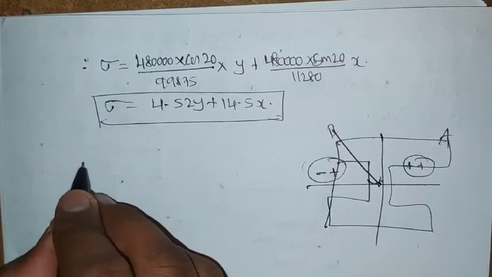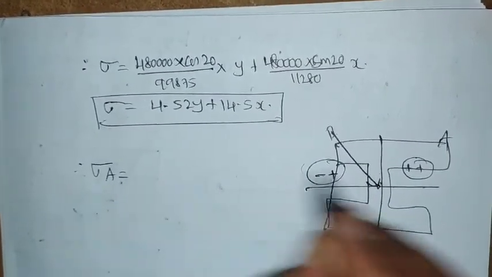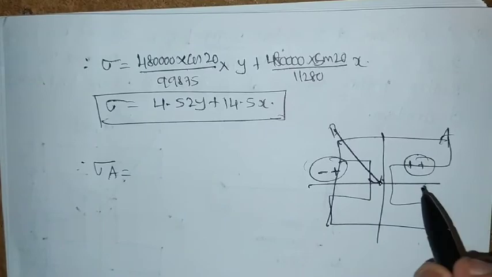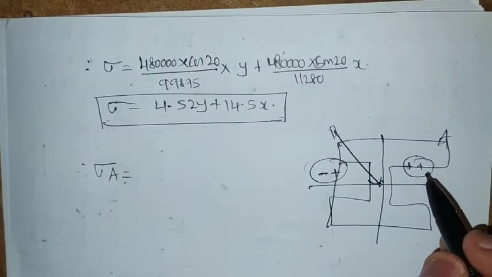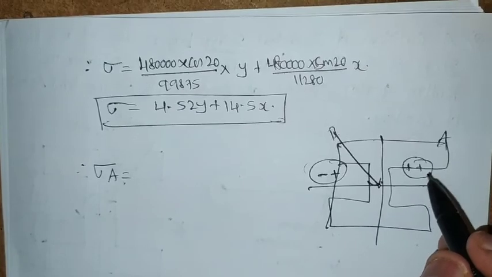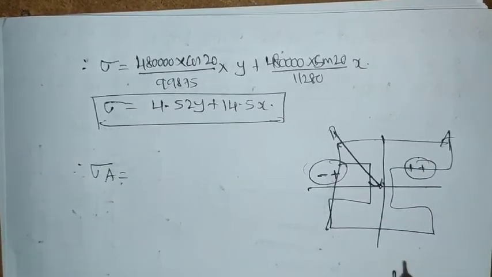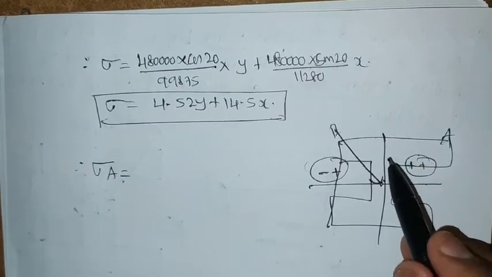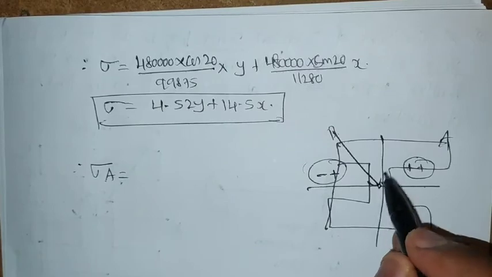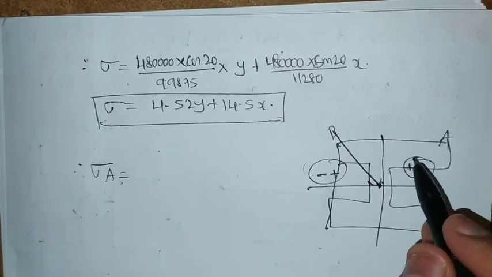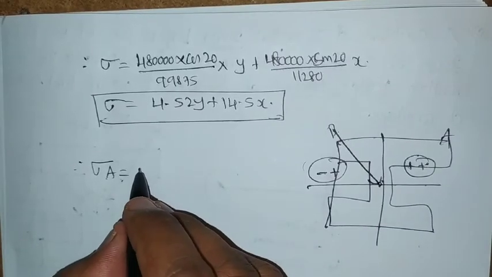Then therefore sigma, first we will find out the sigma A at the A portion. Why we are finding only here: previously we found it at the 4 corners because there he had asked for the stresses at the 4 corners, but in this problem he has asked to find the stresses at the corner where the loading is acting. So here, with respect to this loading, we are going to get 2 conditions. At this condition both conditions are positive.